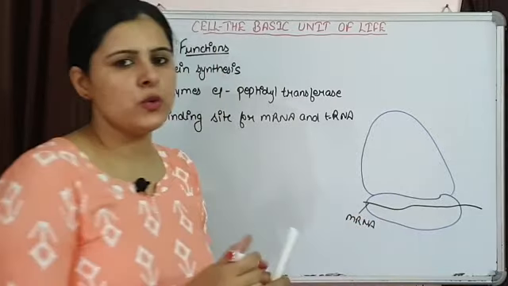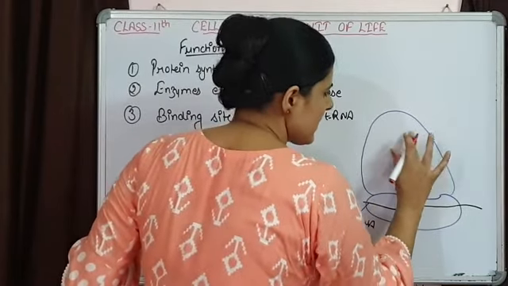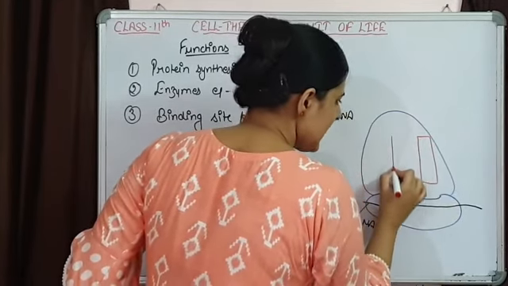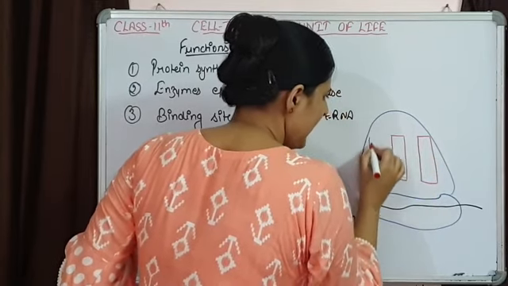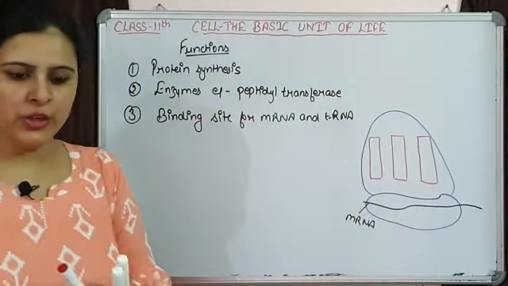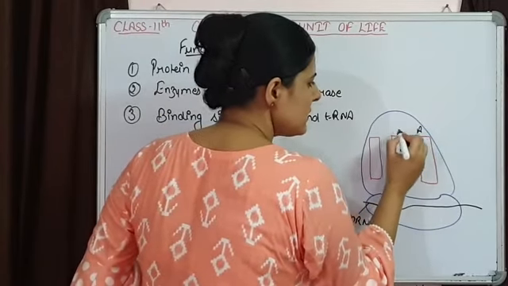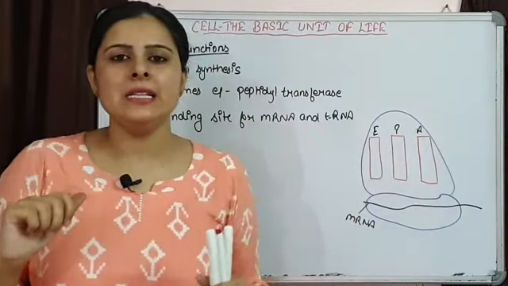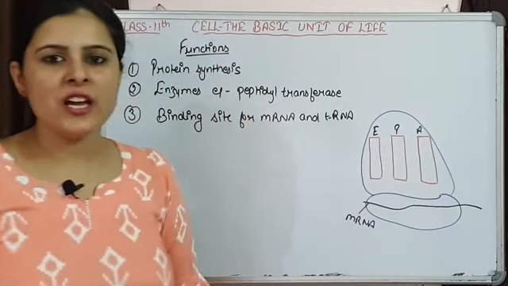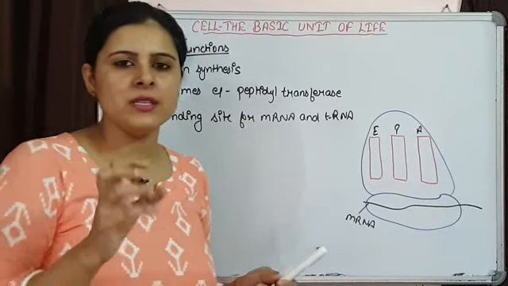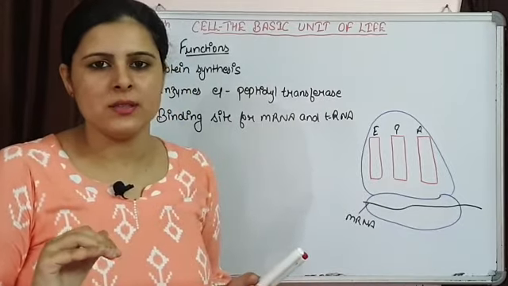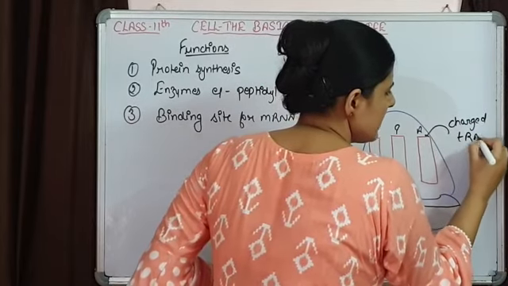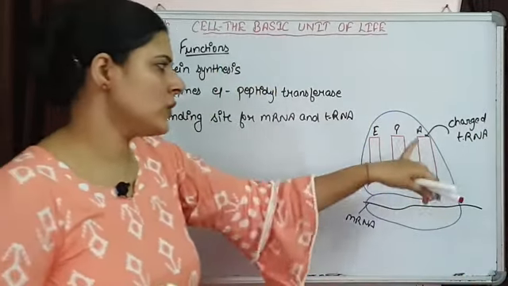जो larger subunit होती है, that larger subunit is having 3 binding sites. यहाँ पर 3 binding sites present हैं, A site, P site and E site. These are the 3. Naming is, this is A site, this is P site and this is E site. This A site is the aminoacyl site. यहाँ पर tRNA, charged tRNA enter करता है. Charged tRNA means the tRNA that is going to carry amino acid. So here a charged tRNA is going to enter. जिस tRNA के पास अमाइनो एसिड होता है that is going to come to the A site.